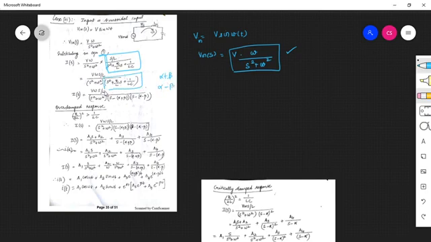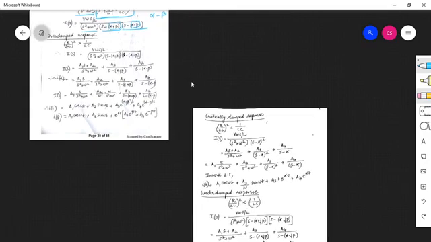So therefore the first term, s square plus omega square, remains the same. For this we write the term s minus the first root, alpha plus beta, and s minus the second root, which is alpha minus beta. Once again, case 1 is the overdamped response, where (R by 2L) the whole square is greater than 1 by LC. So the roots are real and positive, so all the three roots remain the same.